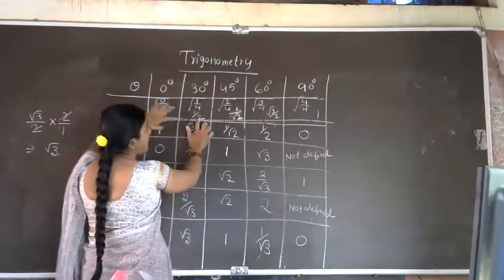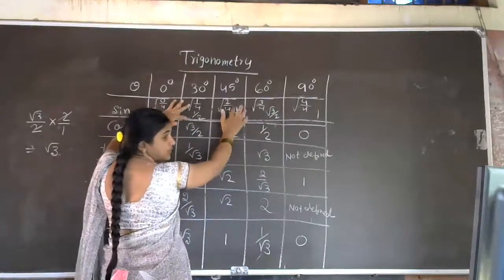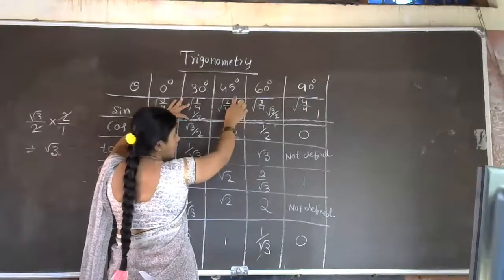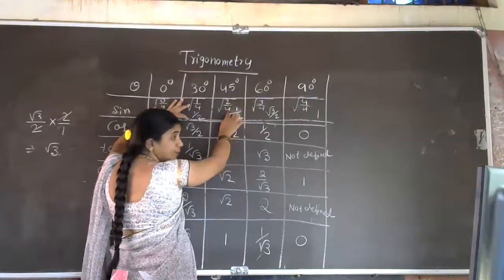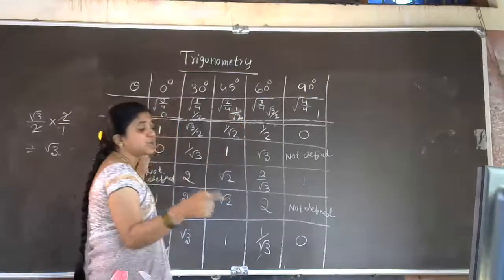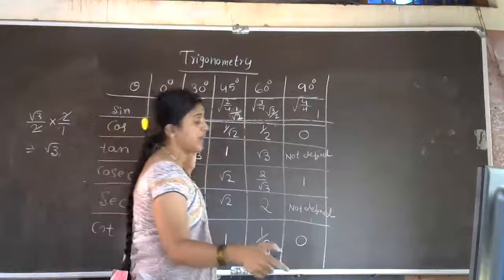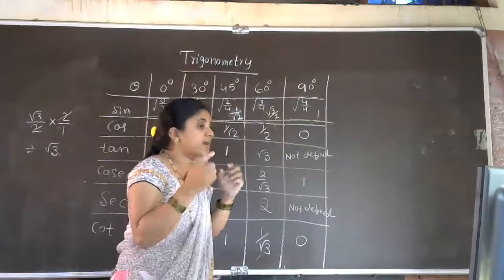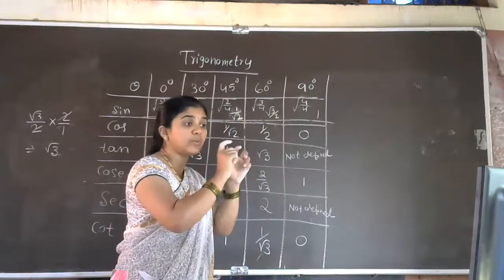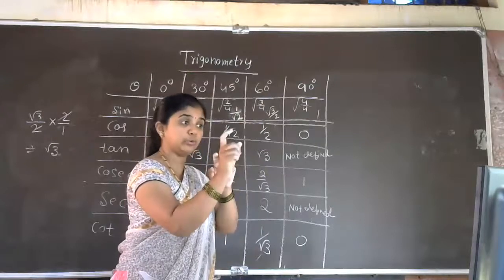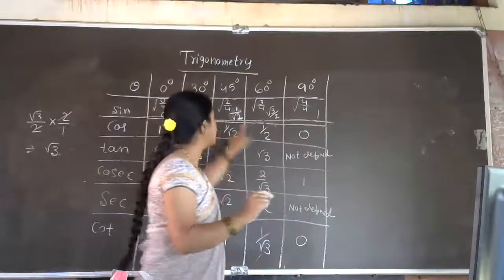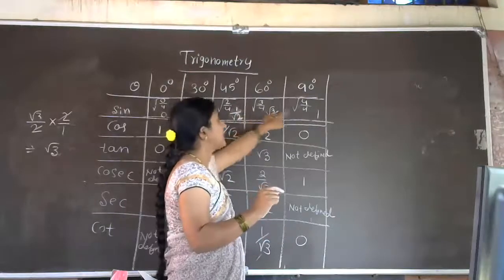So 0, 1 by 2. Only here you have to be very careful. Because when we remove the square root, you will get root 2 divided by 2, but root 2 by 2 is not the value we usually write, so you have to think further. Root 2 by 2, how can we simplify? The 2 we can write in the form of root 2 into root 2, which is also equal to 2. From that method you will get 1 by root 2, then root 3 by 2, then 1.